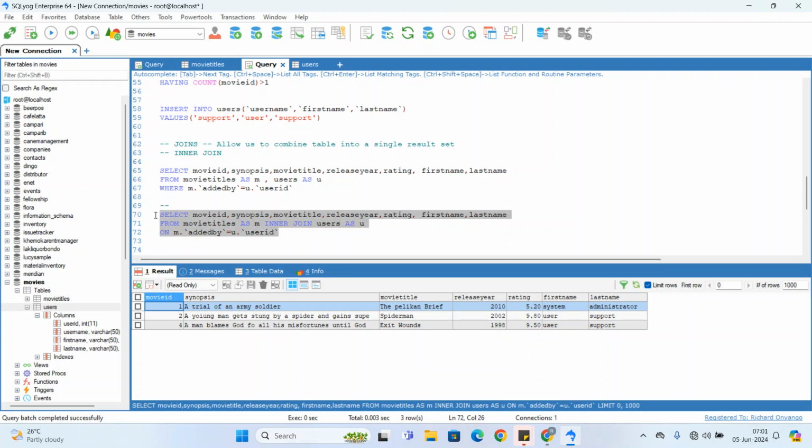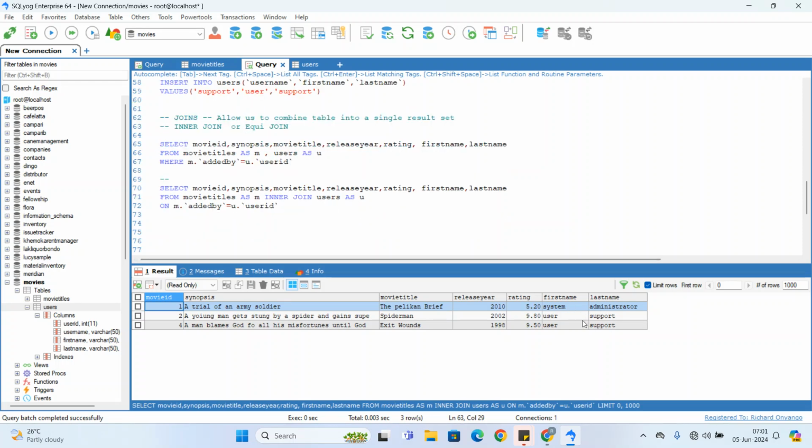So I like this lower version, though this one is much easier to write, especially if you have multiple tables. You just put commas and list your tables with the aliases, and then down here you just compare where the equijoins are. Actually, this is an inner or equijoin, where they are equal, then it should work just fine. So as you have seen, in this particular case it is not going to be able to tell us the movies that don't have